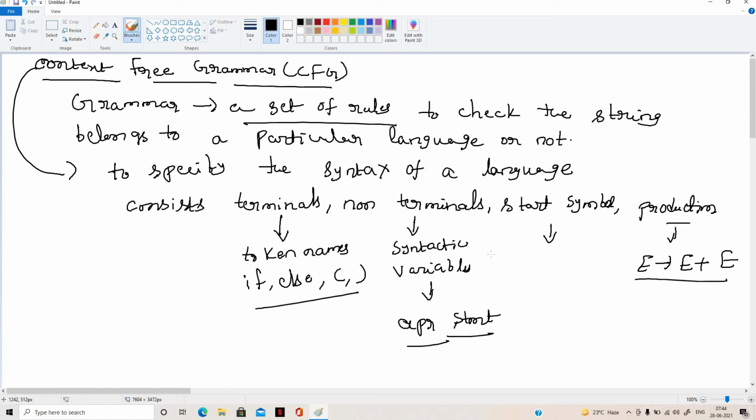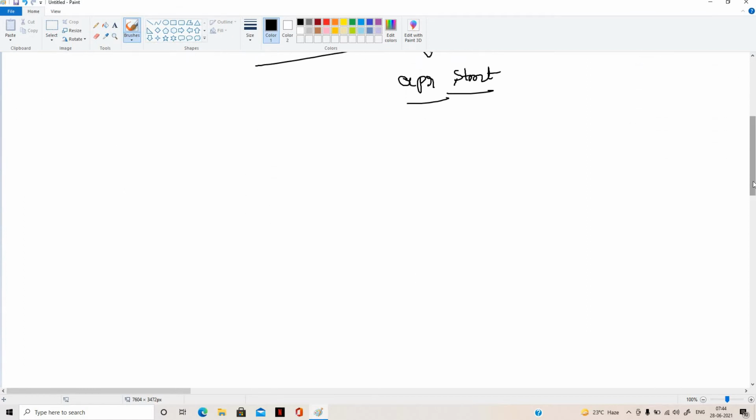For example, let us define a grammar for simple arithmetic operators. Assume I have an arithmetic expression with id, plus, minus, star, slash. For this expression we define the general grammar.